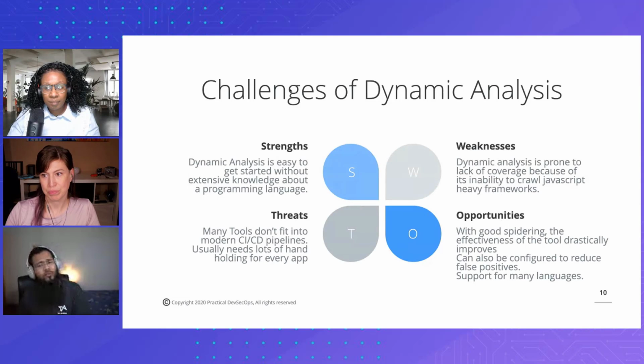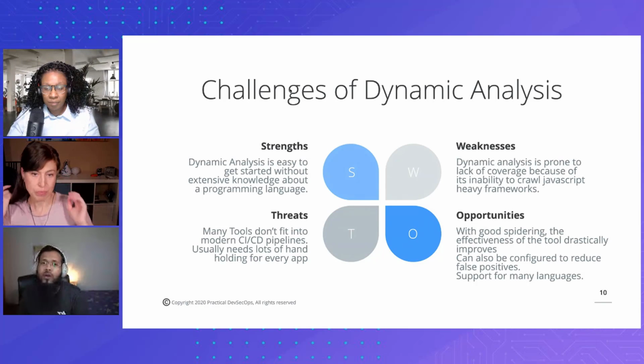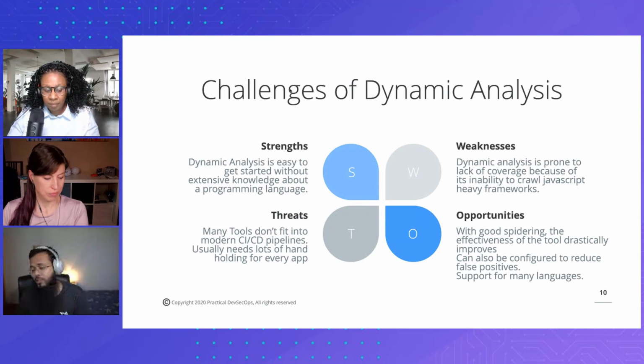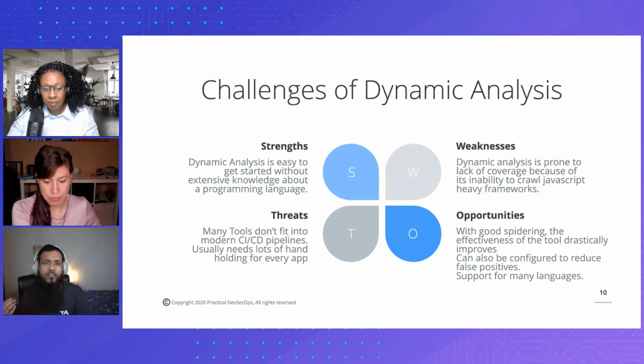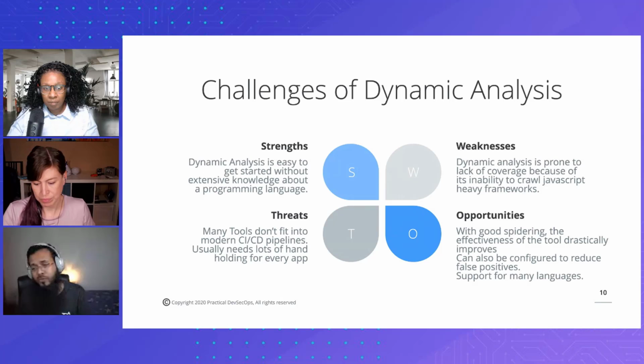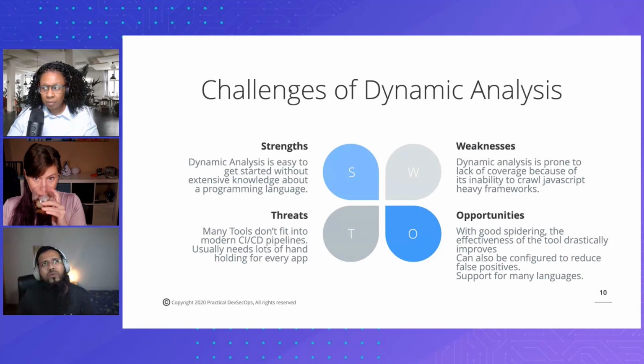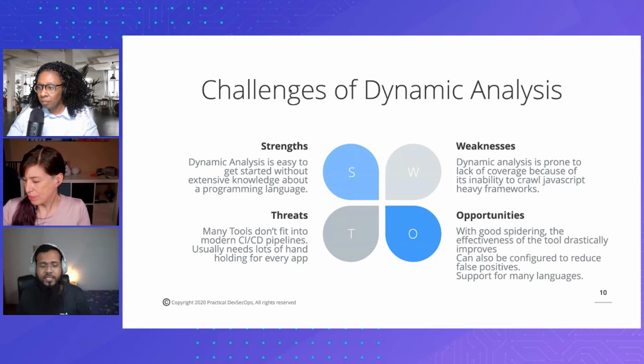The other problem when it comes to DAST, especially security tools, is its inability to crawl JavaScript heavy frameworks, especially if you're using front-end frameworks like React.js, AngularJS, Vue.js, and these new modern frameworks. And another weakness of dynamic analysis is that it doesn't really fit into the CI/CD pipeline. But then what can we do to ensure that we can put dynamic analysis also as part of the CI/CD pipeline,